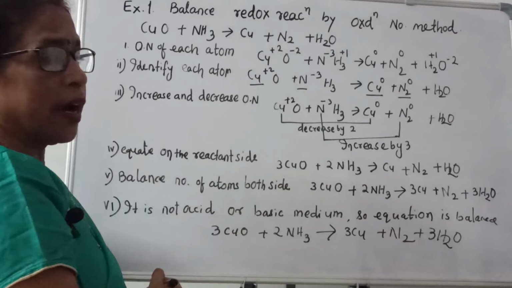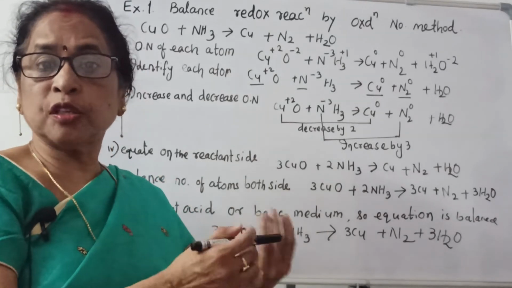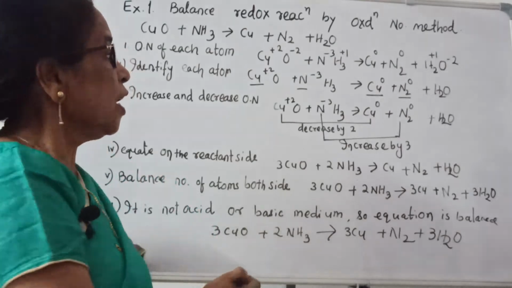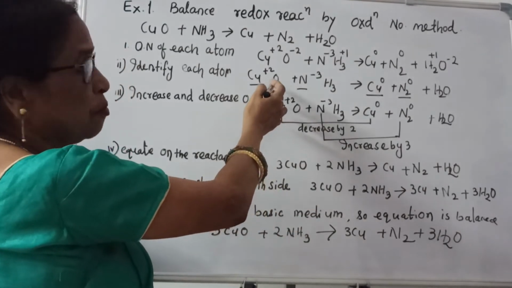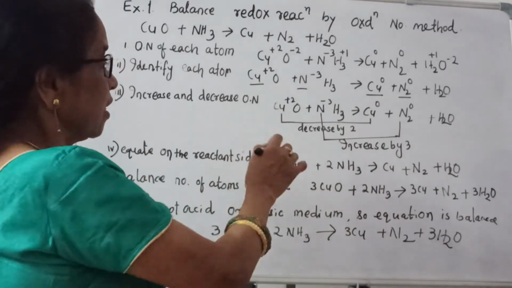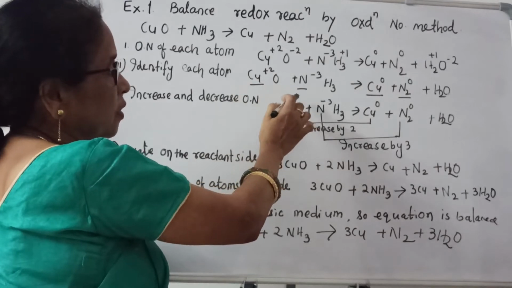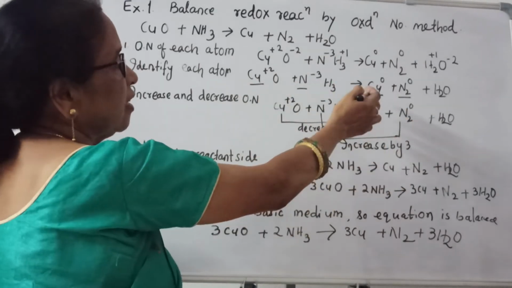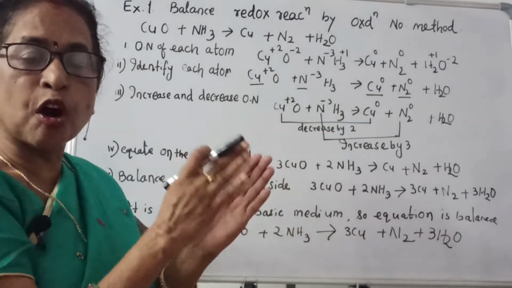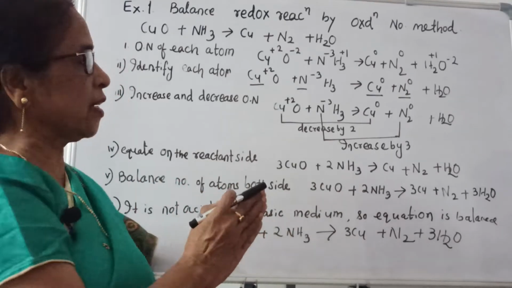Next we identify the atoms where the oxidation number changes. You can see the oxidation number of oxygen on both sides never changes, but here copper and nitrogen,